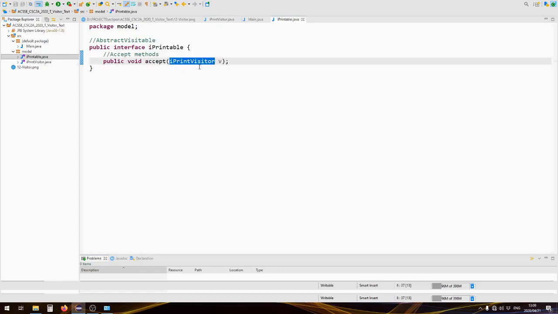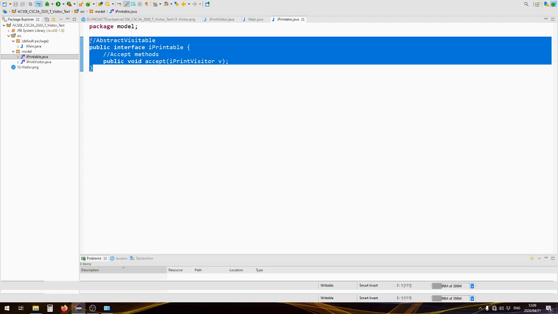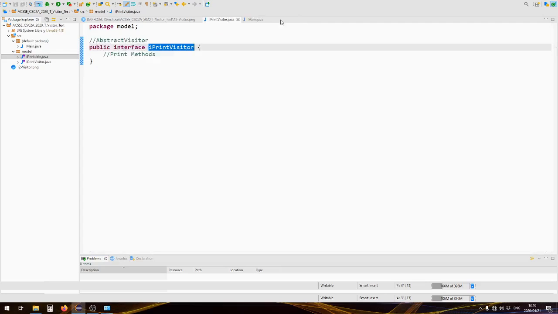Okay, so now that is all we need to do for the abstract visitable interface. That is literally everything that is required. We're done with that one. We can close it and get on with the rest of our program. Now that we have the